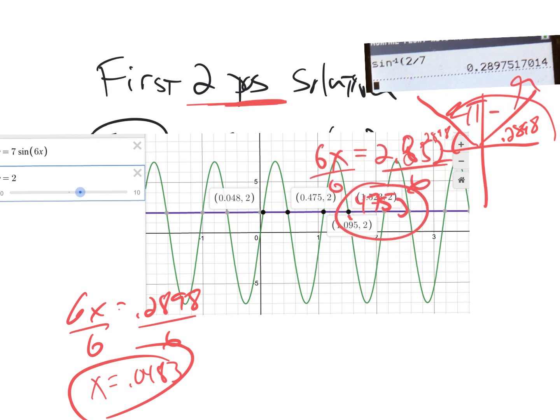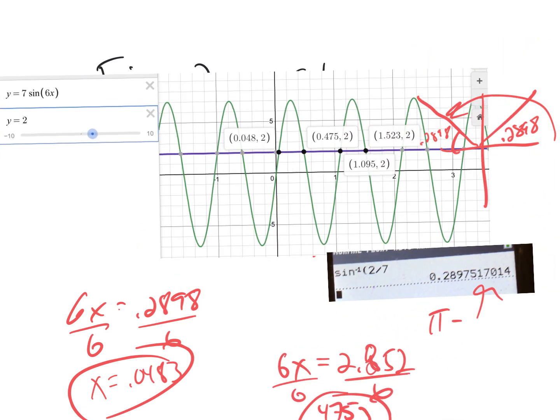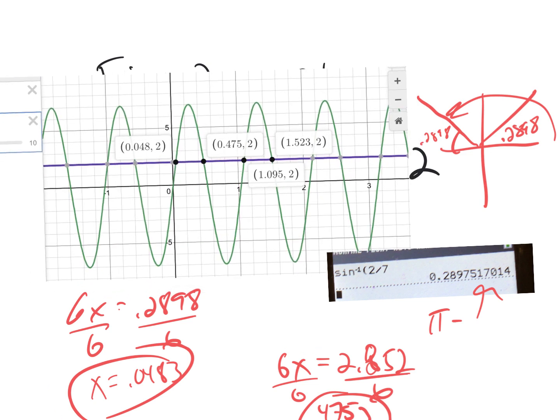If I look at this, you can see those, right? There's this number right here on the x. We know y is 2. And then you'll see that second number right there on the x. Okay, so there's the first two positive answers. How do I get the next one? This one here. How would I get the 1.95? How would I get the